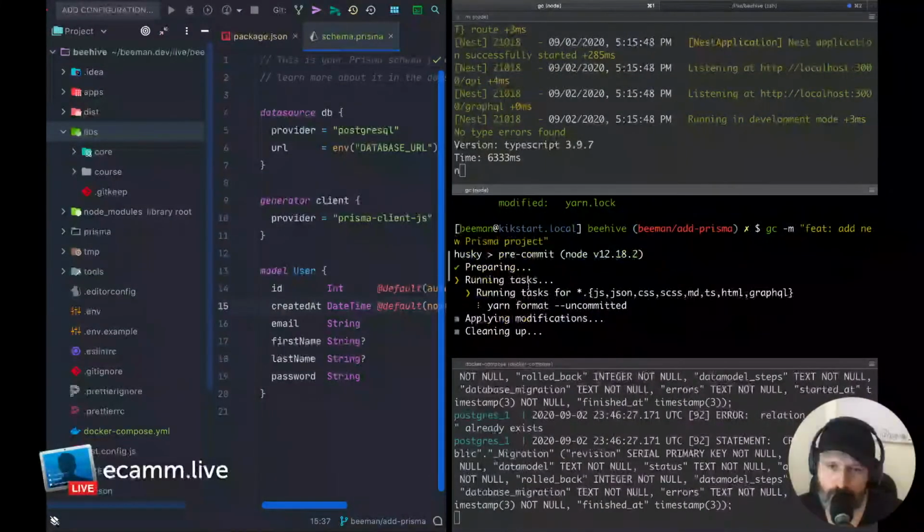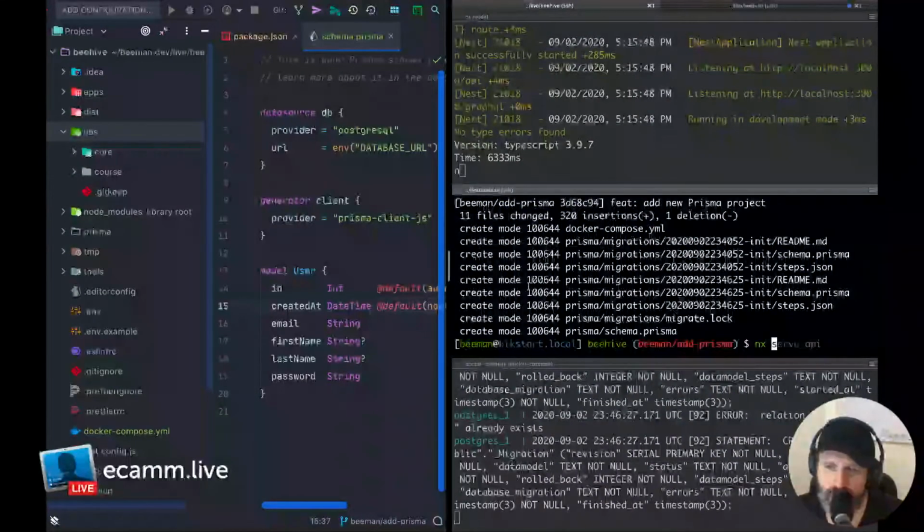Husky seems to be found. Perfect. Okay, so next thing up is nx generate